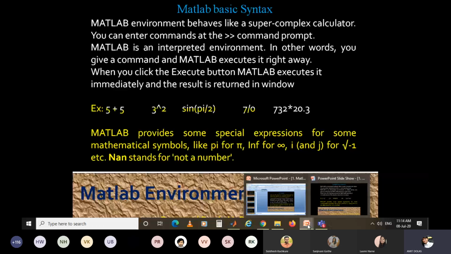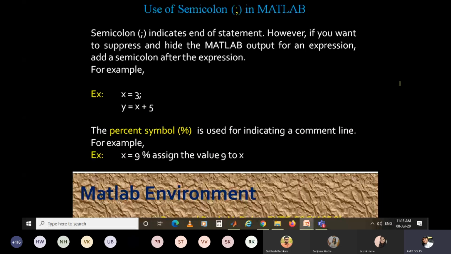Now, the use of the semicolon in MATLAB. A semicolon indicates the end of a statement. Suppose there is one instruction and next to that you have to write another instruction. The previous instruction shall end with a semicolon. However, if you want to suppress and hide the MATLAB output for an expression, add a semicolon after the expression.